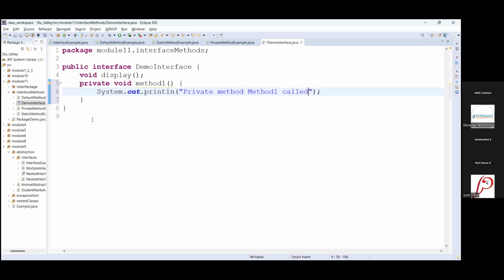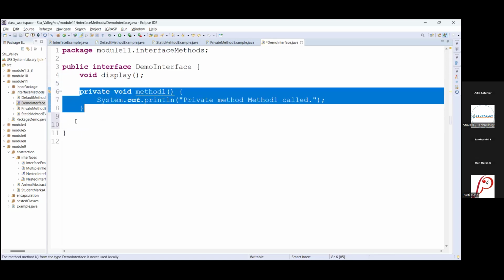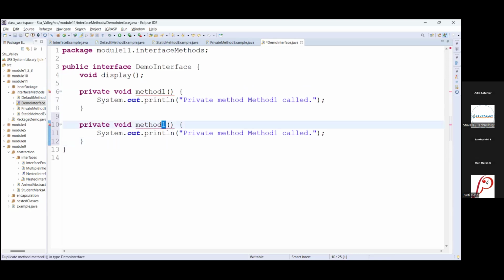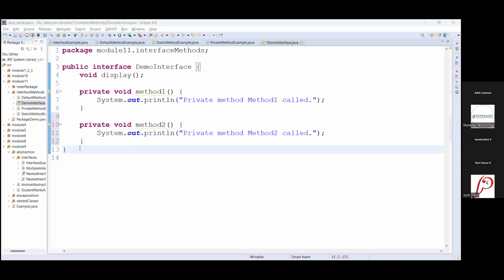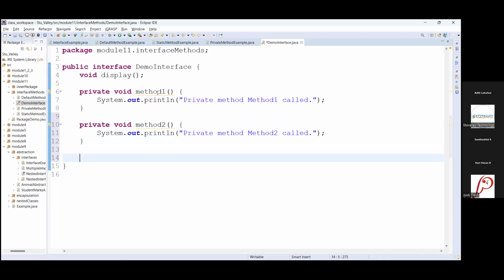Now I will write one more private method. Suppose that private method is method 2. You can write n number of these methods. Now, to call these private methods, as these are not accessible outside of this interface, we need one default method also. So compulsorily you have to write one default method which can be accessed outside this interface.